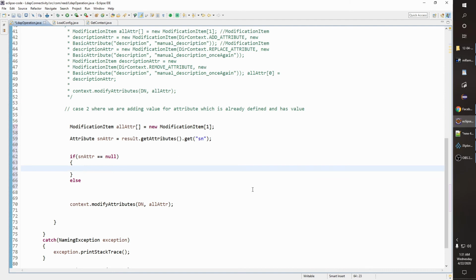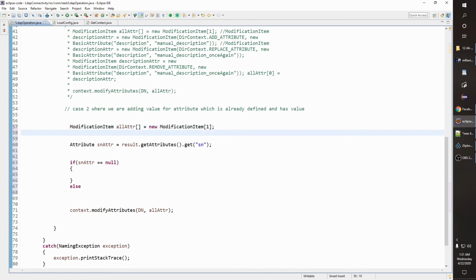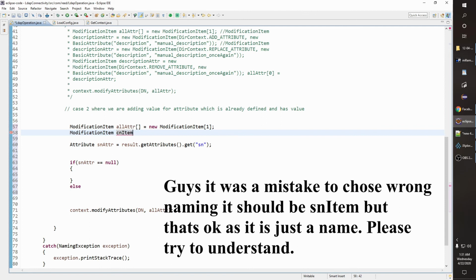So basically here we have to define a modification item, correct? So let's create one modification item, cn item, is equal to null.